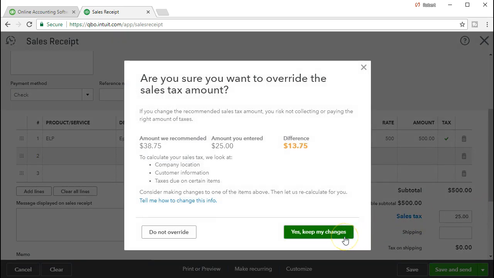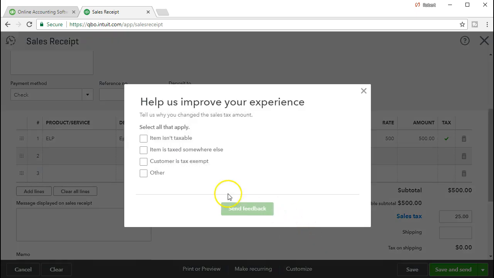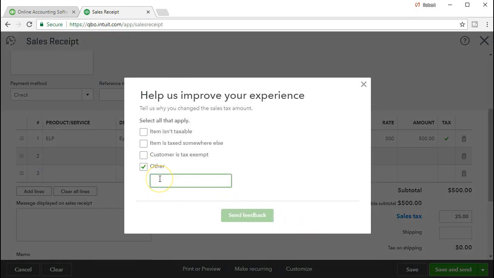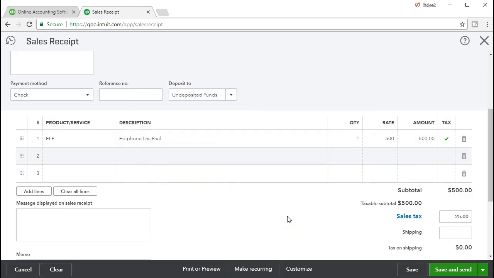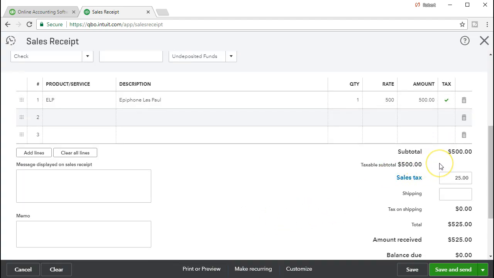QuickBooks says, hey, that's not what we came up with. Did we do something wrong? And we're going to say, no, keep the changes, you're okay. And I'll tell them that it's an example problem so that everything is okay there. So we're saying that we billed 500. We had to charge sales tax of 25, 5% on the 500. That gives us a total of